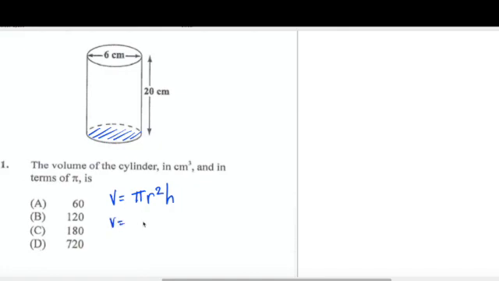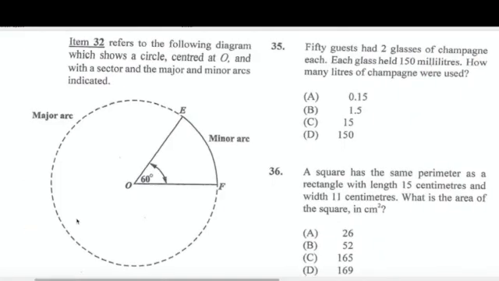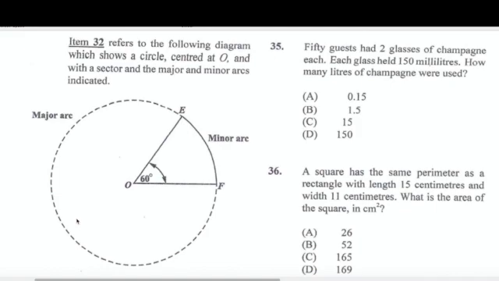So the volume will be pi r squared. Well, r is 3, so 3 squared times the 20. So that will give us pi times 9 times 20. 9 2s are 18. So that'll give us 180 pi. The answer is C. Item 32 refers to the following diagram, which shows a circle center at O,